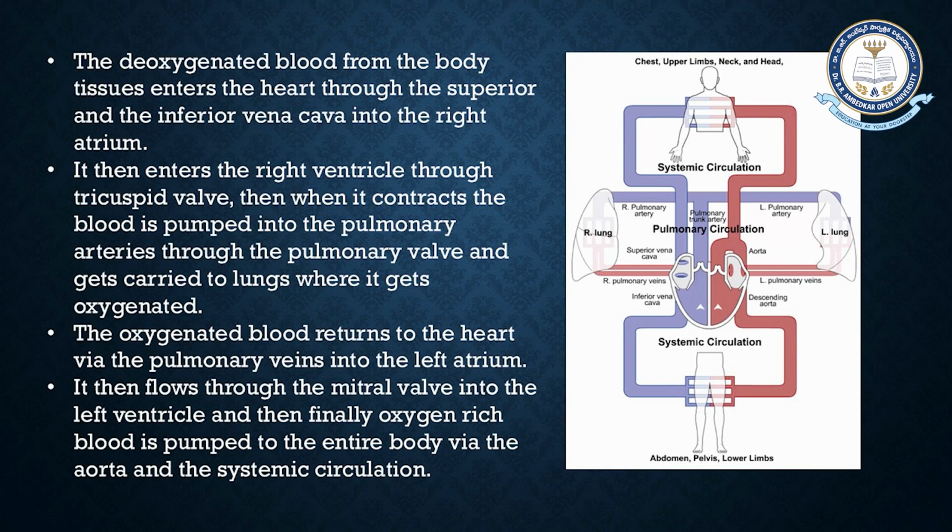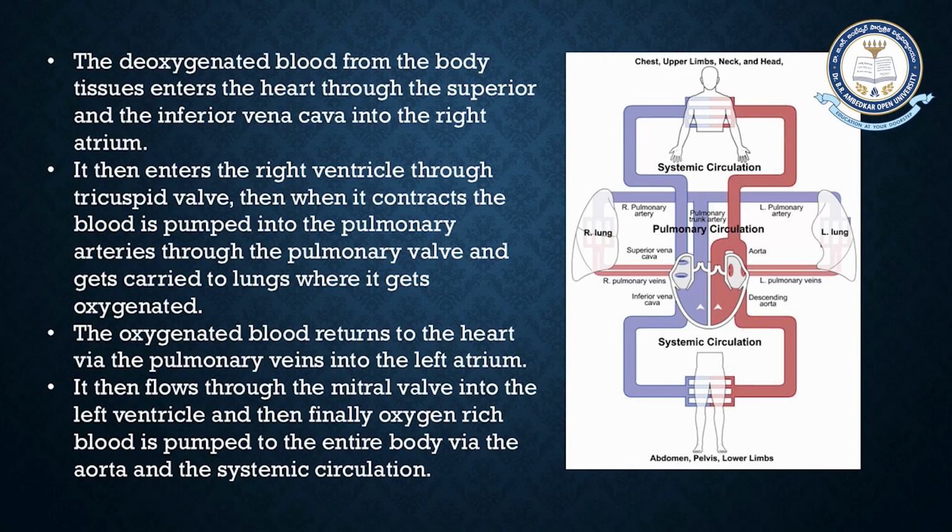The oxygenated blood from the lungs returns back to the heart via the pulmonary veins into the left atrium. It then flows into the left ventricle passing the mitral valve. The left ventricle then contracts and moves this oxygen-rich blood into the aorta, which then moves to the entire body for systemic circulation. So this is how the pulmonary and the systemic circulation coordinate to provide the body with oxygen-rich